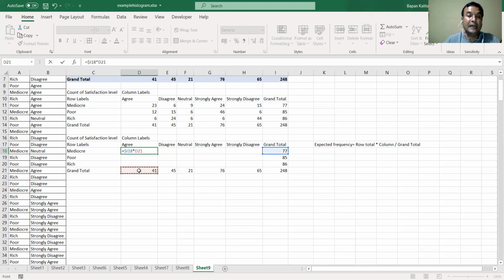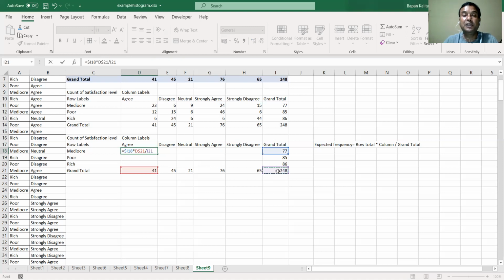For the row total, the same thing: we apply F4 two times, F4 1, F4 2, done. Then we have to divide it by